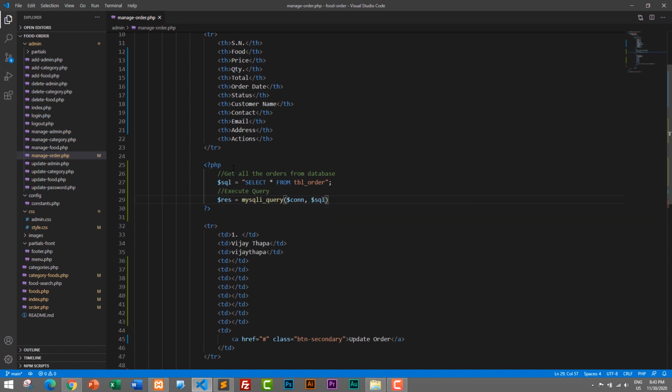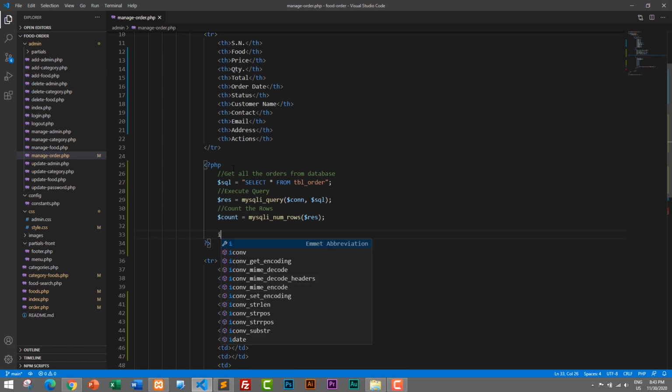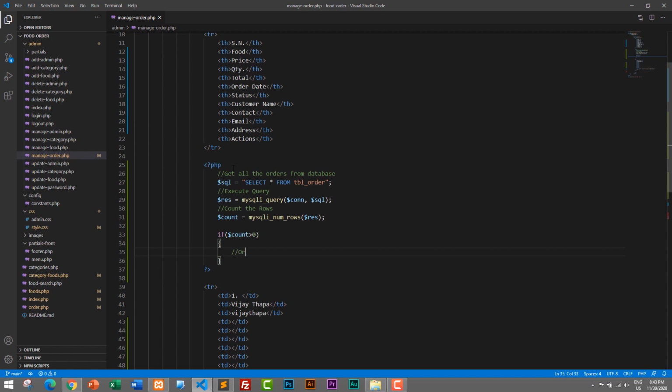Okay, that's it. And after that we need to count the rows. So count the rows. So $count is equals to mysqli_num_rows, and here we'll pass $res. So if count is greater than 0, if $count is greater than 0, that means order available,